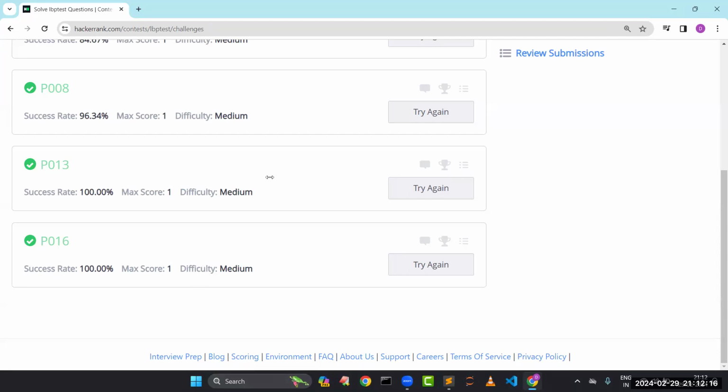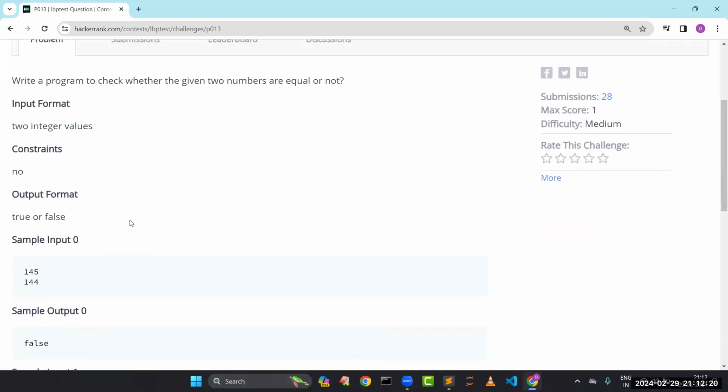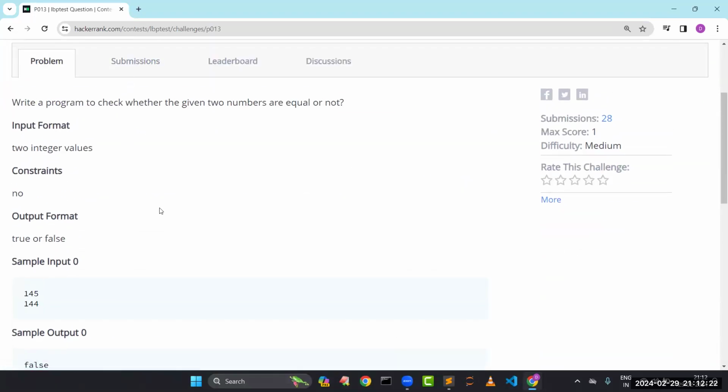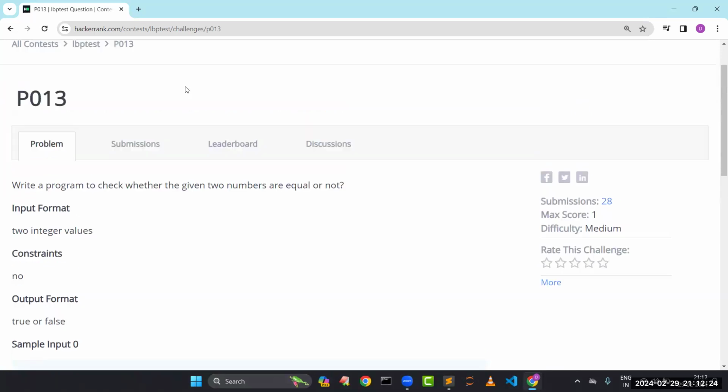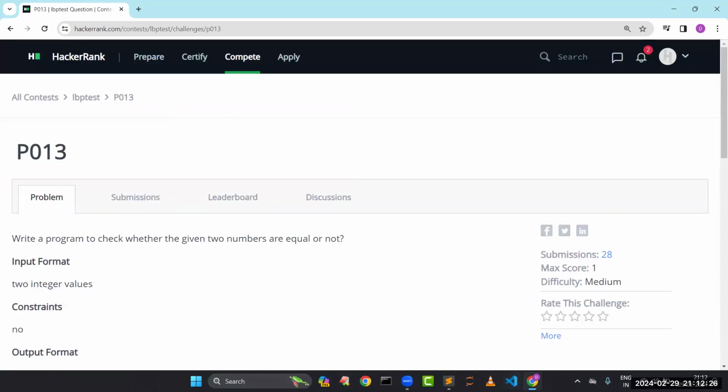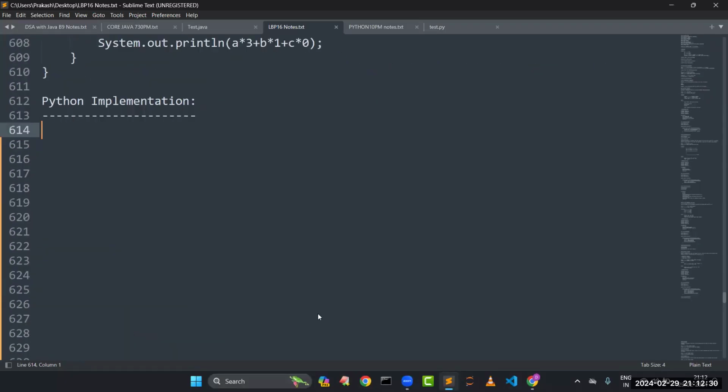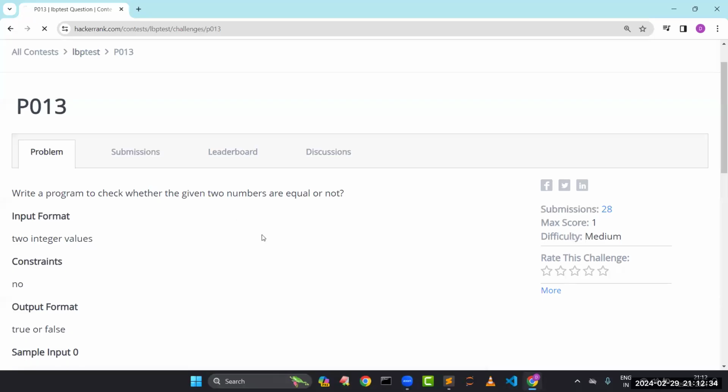So, this 13th program, to check whether the given two numbers are equal or not. No, I think this is not the program. What is that program? Program number is 16. Sorry, program number is 16. If you take that 16th program,